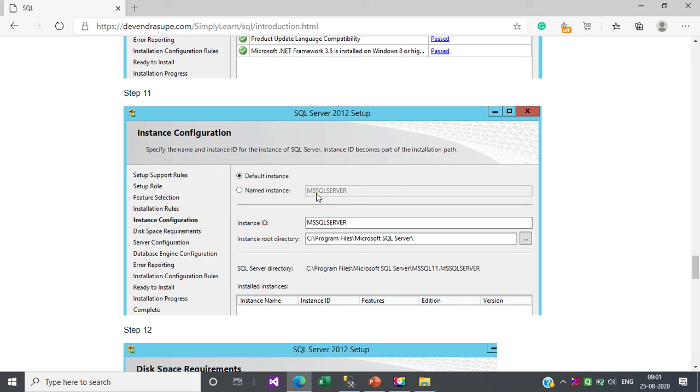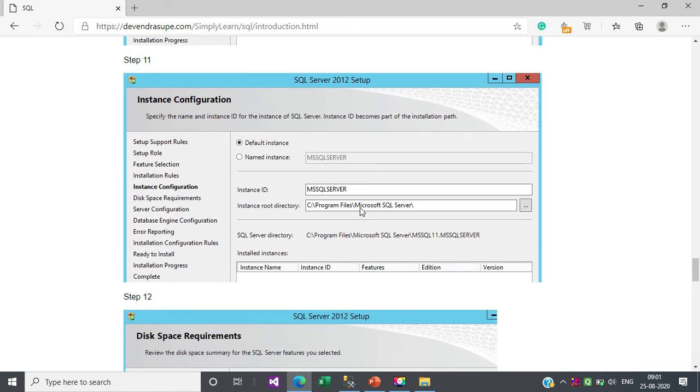It's the default name provided by Microsoft SQL Server. If you click on named instance, then you can change the name to what you want, and this name will be followed throughout the entire path that will be created with the named instance, and all your data you can see in this folder only, that will be created in your C drive.